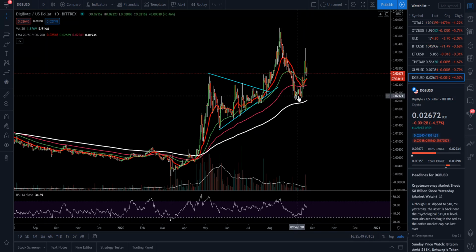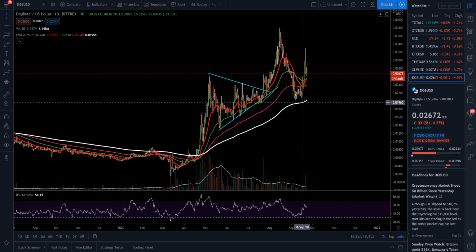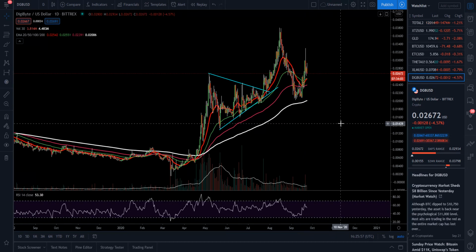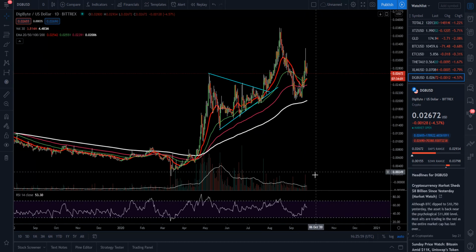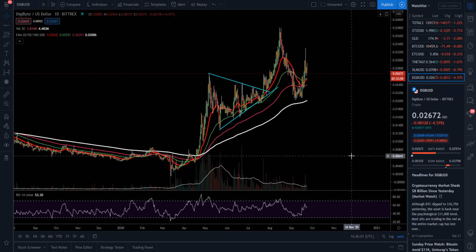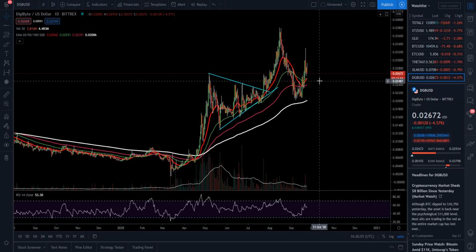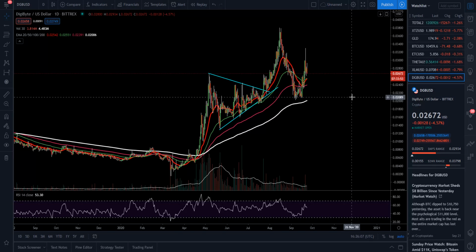We found a little bit of support right between the 100 and the 200 moving average here. So we had a little bit of a double bottom there, pushed up. This long wick here is an indication, though, that a lot of people were taking profits and there was a lot of selling here. You can see that came on heavy volume as well. So I still would look to hold, and this is in the macro sense. In the longer term view, we don't want to start dropping below